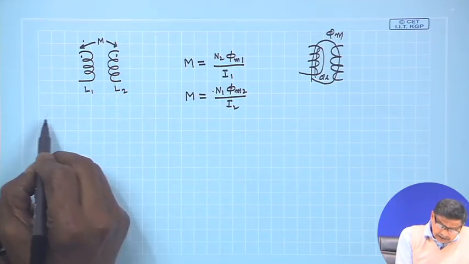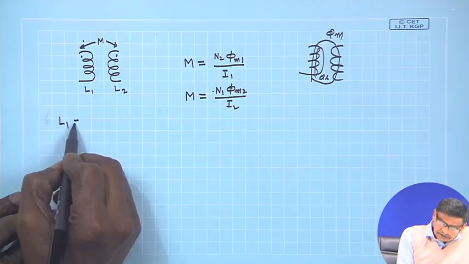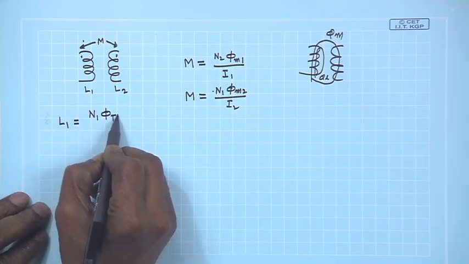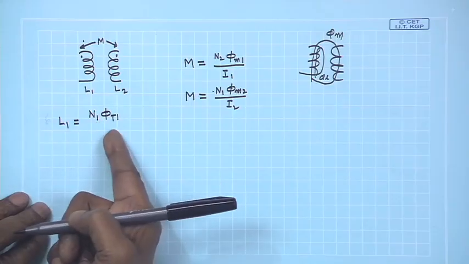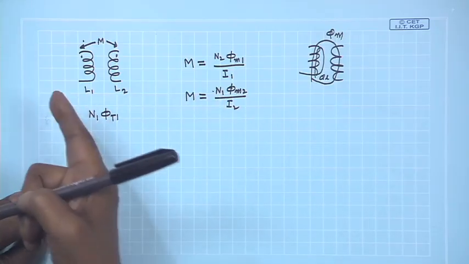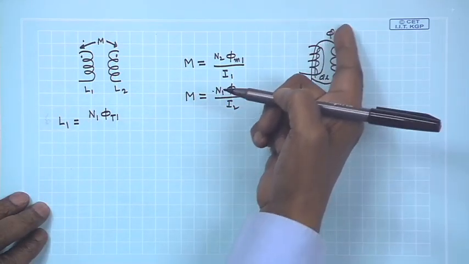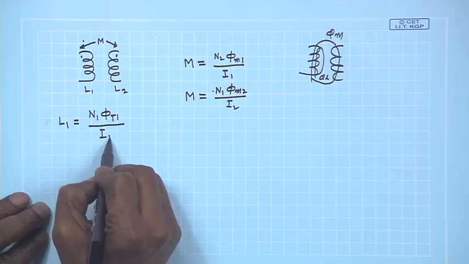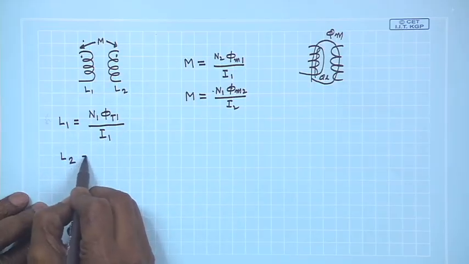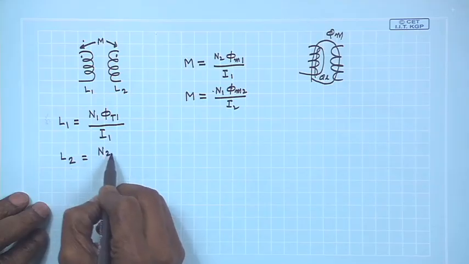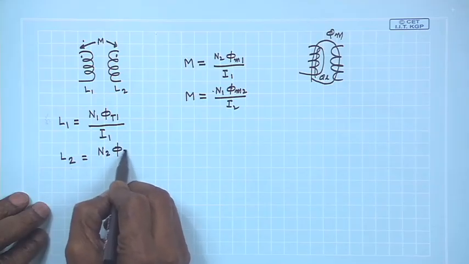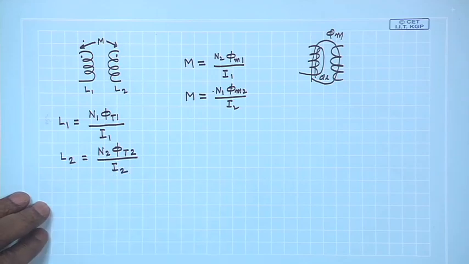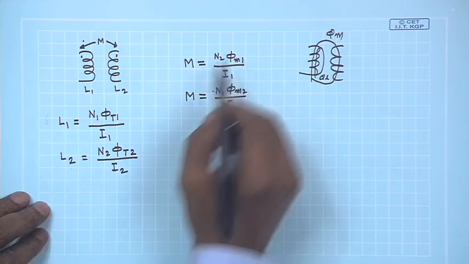Recall that L1 was defined as N1 into phi T1. What is phi T1? It is the total flux, the sum of leakage and mutual flux, phi L and phi M, divided by I1. And L2 was denoted by N2 phi T2 divided by I2. Now, this mutual flux